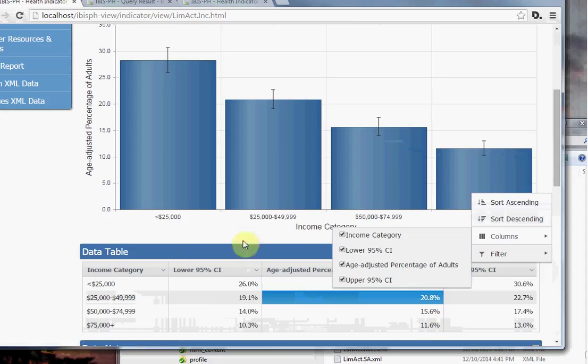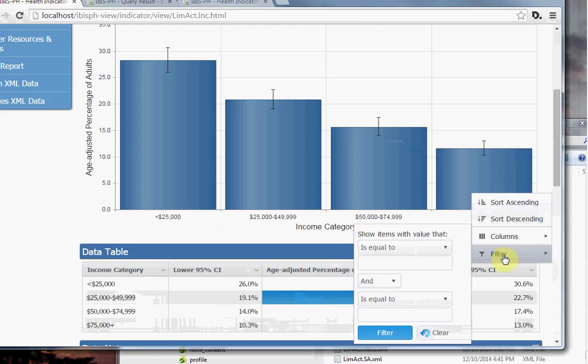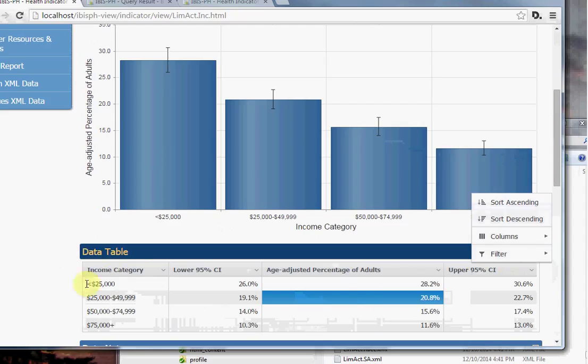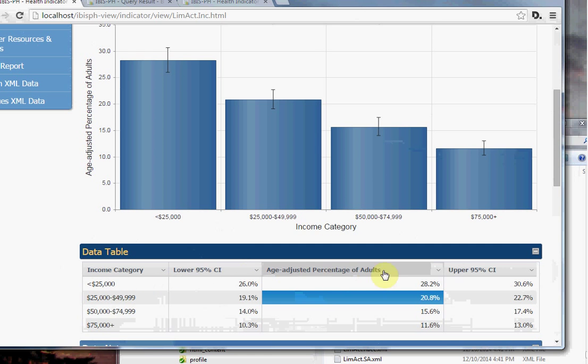The next thing I'll show is the filtering capability. So let's say that you only wanted to see these first 2 rows that have 25,000 in them. So what you would do is within this column, because this column controls these values. By the way, you can filter, and you can combine filters on any of these columns, and I guess I can show that too. So let's go to the income, and let's say we're going to exclude the